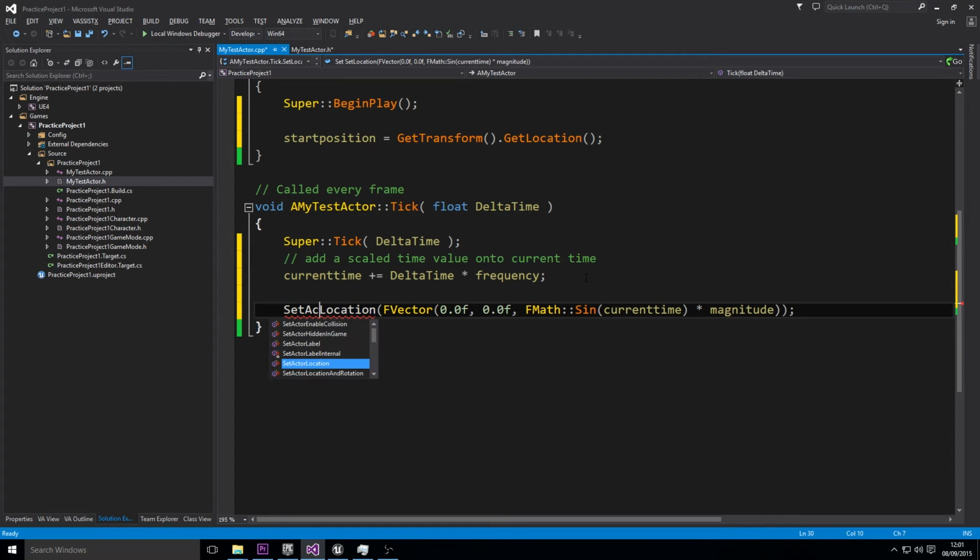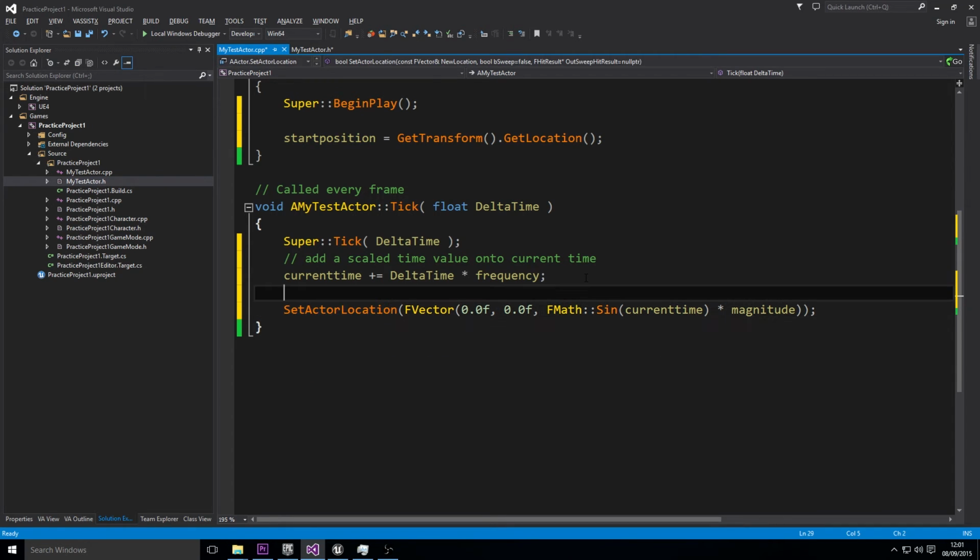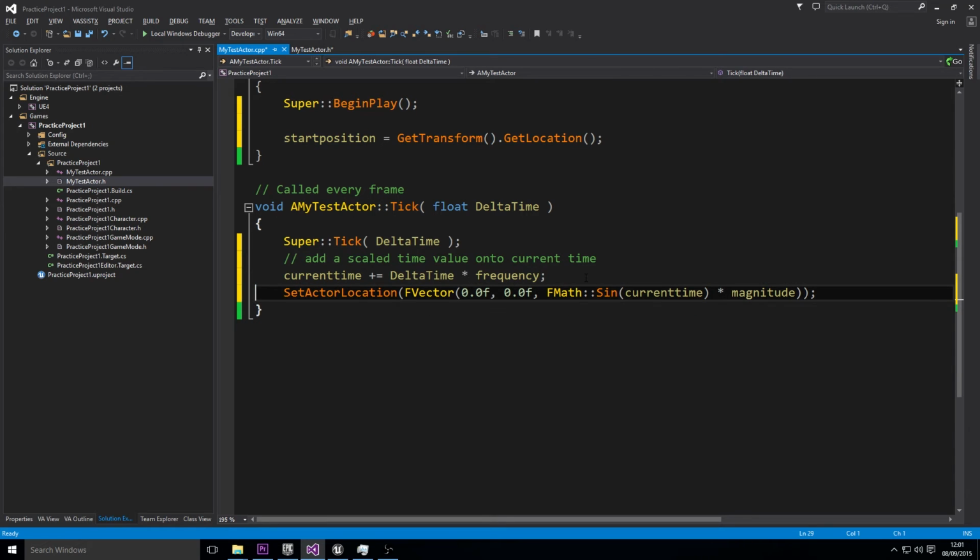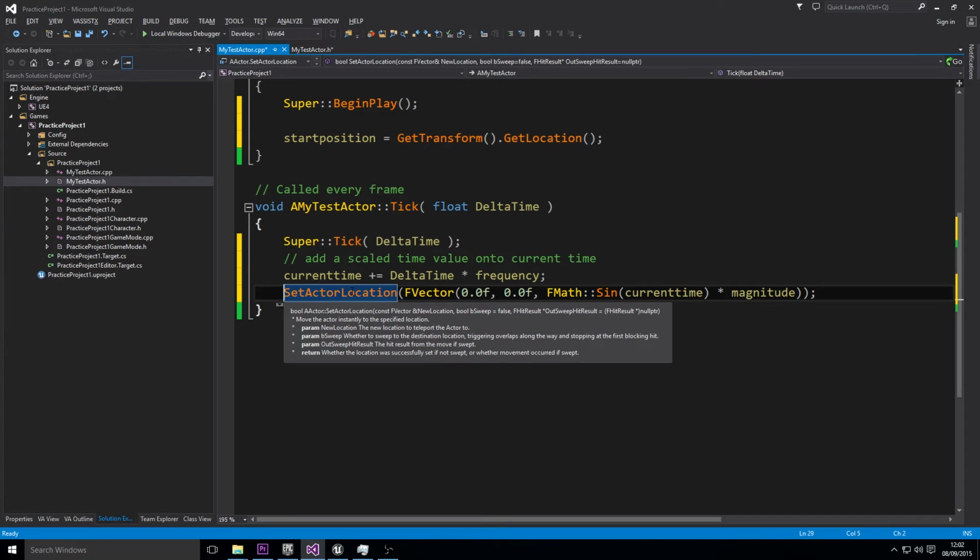See, here's one of the things that really annoys me about the Epic guys. They just don't get their naming correct. This is obviously an actor derived class, so set actor location seems like a reasonable thing, but